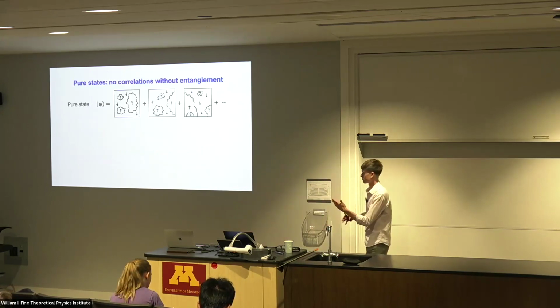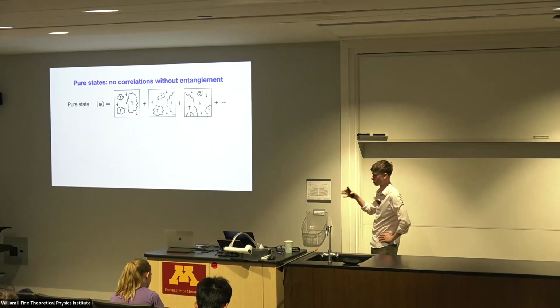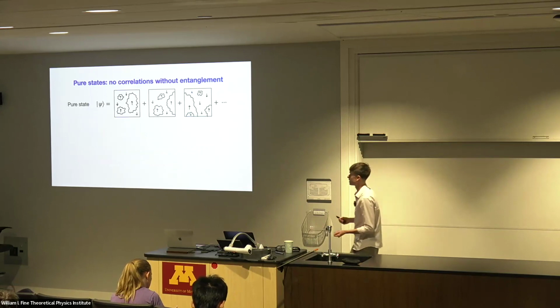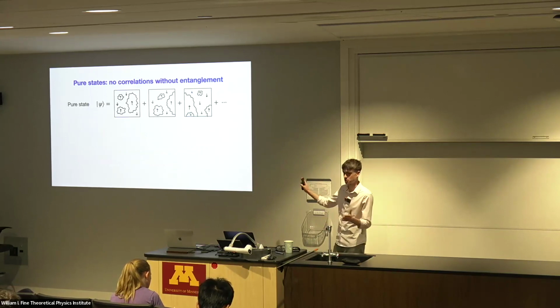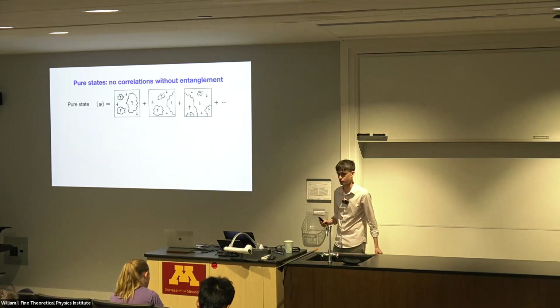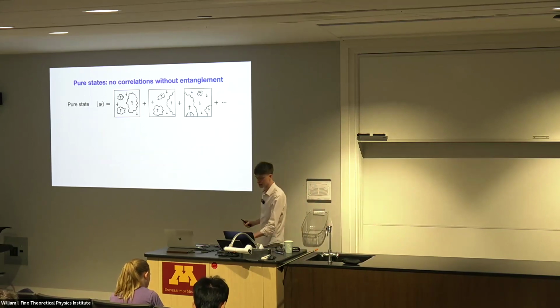Okay, so let's have a little bit of a review to see what's going on here and to understand why it's a little bit challenging to relate the things that we observe to the entanglement in mixed states. So let's start with the easy case of a pure state. Imagine we have a bunch of spins in some superposition of a bunch of different configurations. So in this setting,